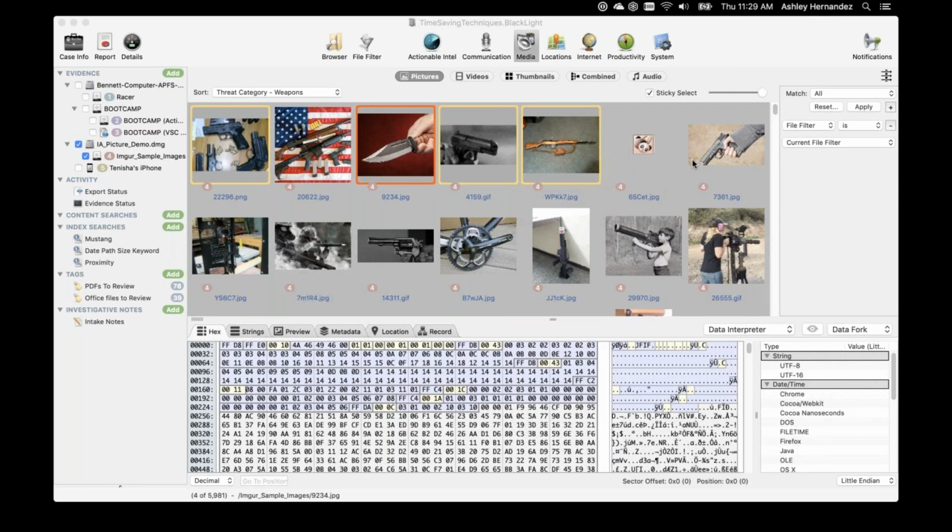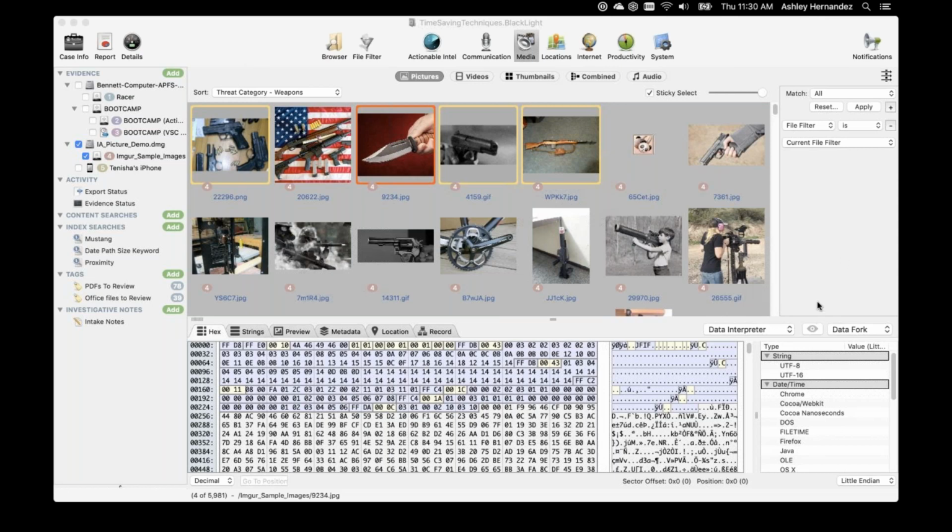If you want to request additional categories, you can go to our product feedback form on our website and request them there. Then we'll be working with Image Analyzer for them to develop models that help identify those images. These models don't actually contain the actual files or images themselves. They're based on algorithms, and so we're able to update them rather quickly.